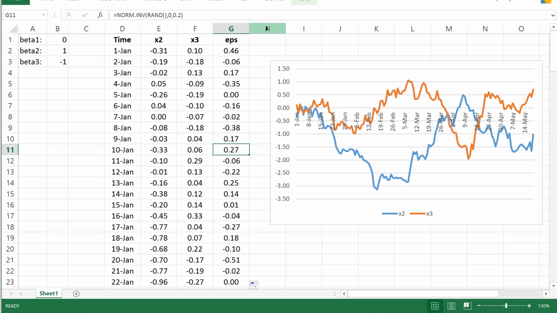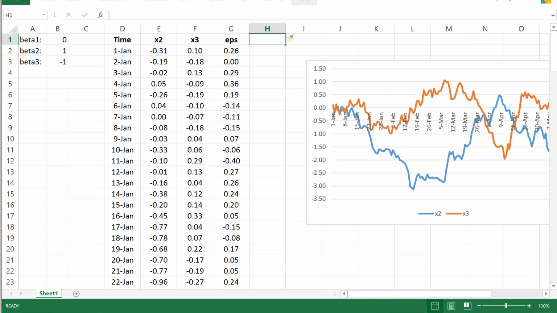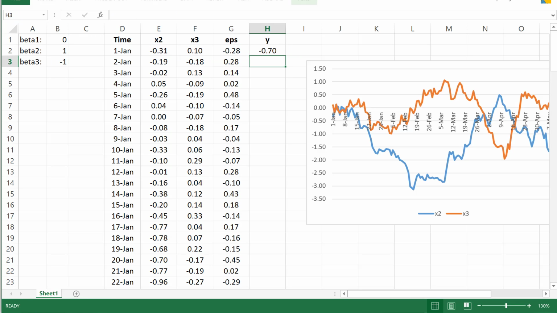So we can now simulate the y variable according to our model. So y is just equal to beta 1 plus beta 2 x2 plus beta 3 x3 plus the error term, just like this. That's my y value. Copy this down